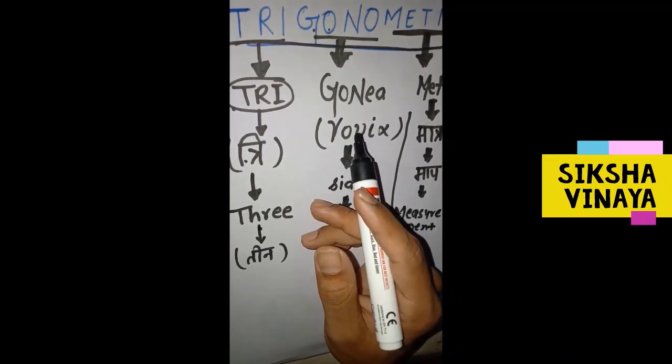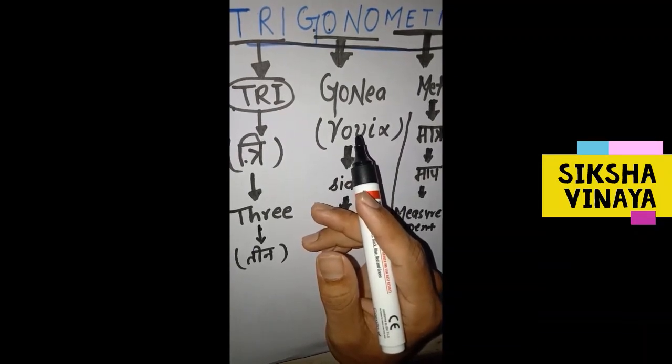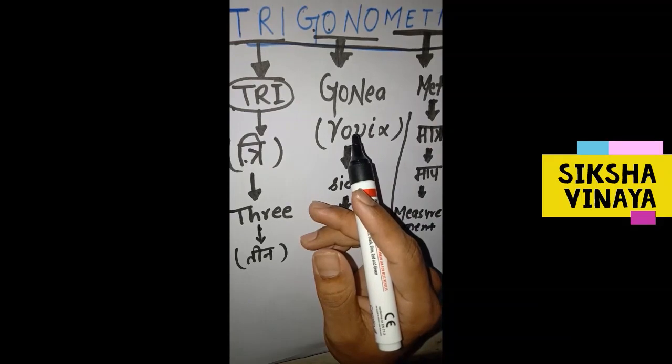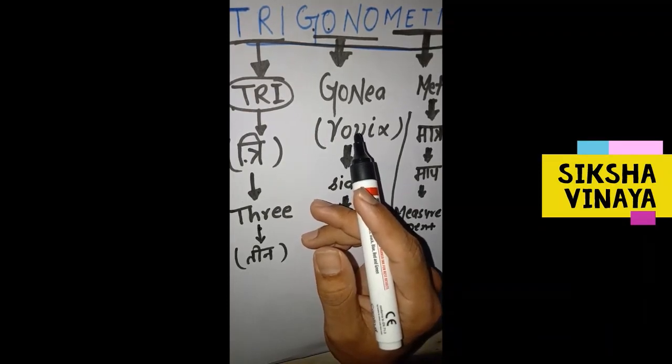So this is the branch of mathematics in which we view a triangle in a new way, new perspectives. So this is a new branch of mathematics. It is easier to handle than algebra, and you can see